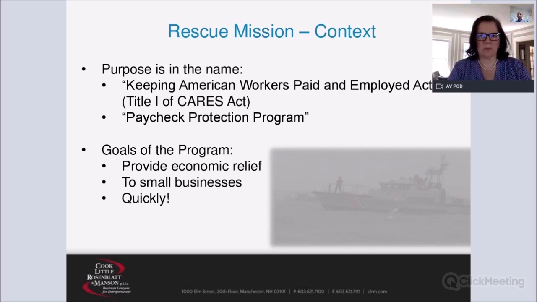The stated goals of the program were really the three things you can see on the slide. They generally wanted to provide that economic relief. It was well understood that as the restrictions on gathering and coming to the workplace and a whole bunch of other things were coming into full swing, small businesses were going to suffer significant economic challenges. So the goal was to provide money and resources for companies like yours and others.